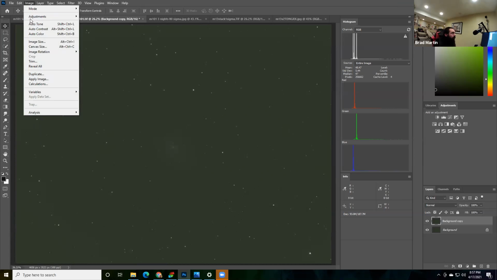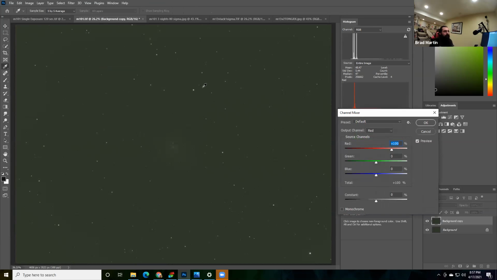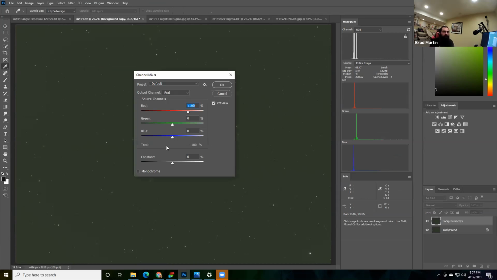Anyway, I'm going to start an adjustment in this layer for channel mixing. Even though I am shooting my images with a color camera, not a monochrome camera to get different layers of red, green, blue and luminance filter, it's all one shot. There are still 3 channels in one of these images. So what I'm going to simply do here is boost the green. I'm going to take some green out of the green channel and put it into the red channel.